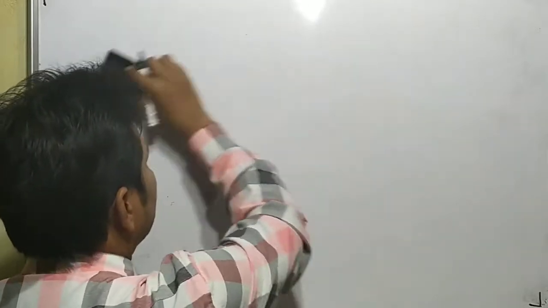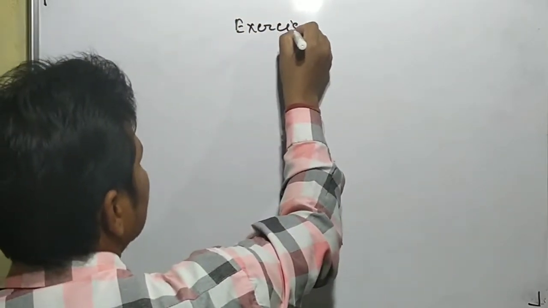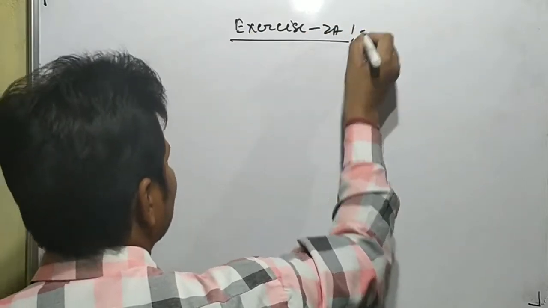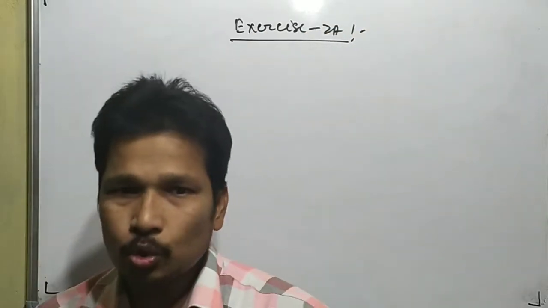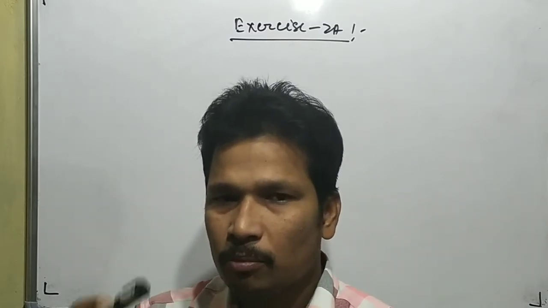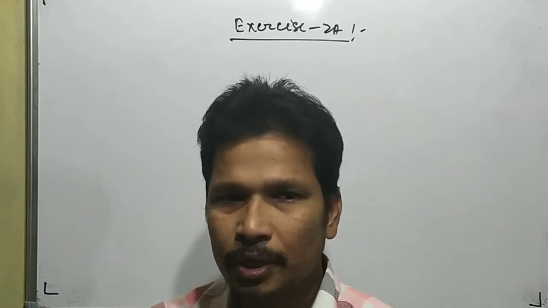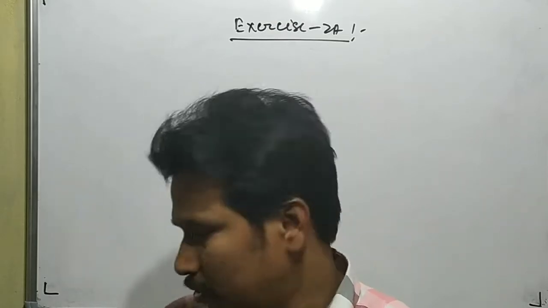Now children, we have completed all the chapters of your fractions. The first chapter of fractions is chapter 2a, and we have completed everything in 2a. Now we will do some exercise, some problems of exercise 2a. We will not do all the questions. We will solve only one bit from every question. One bit from question 1, one bit from question 2, one bit from question 3. In this way we will complete all the questions.